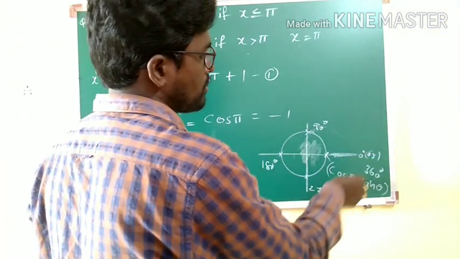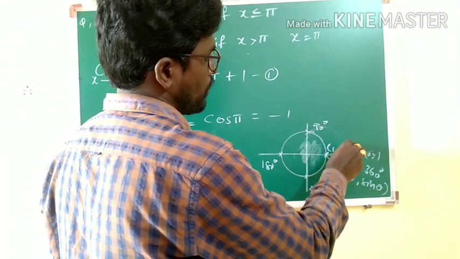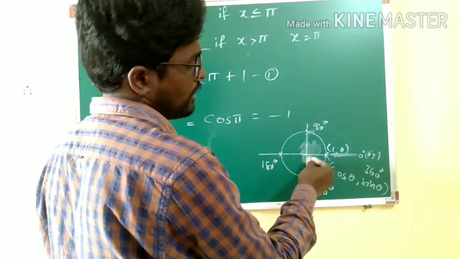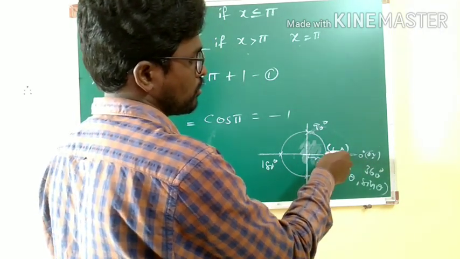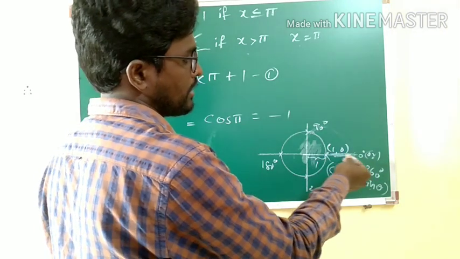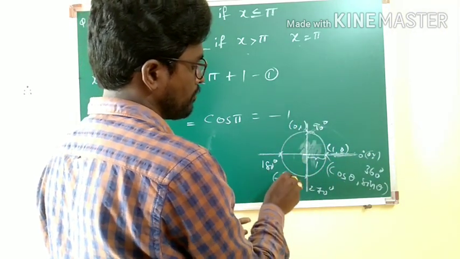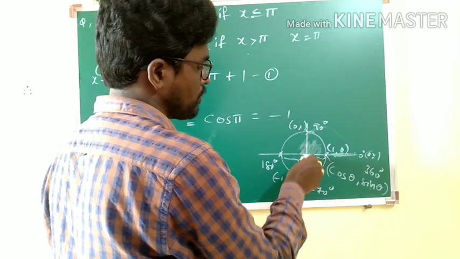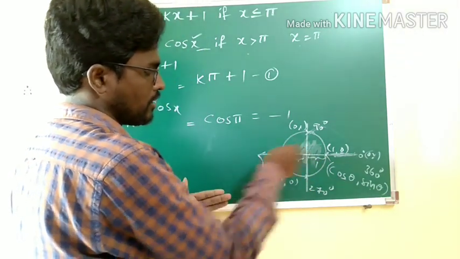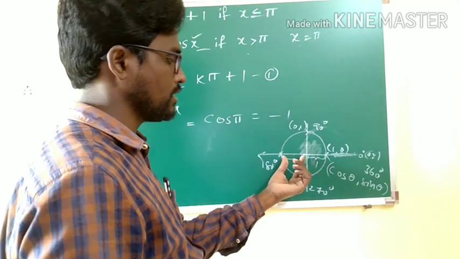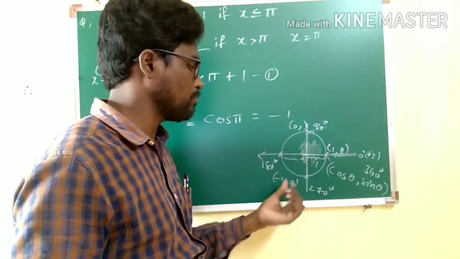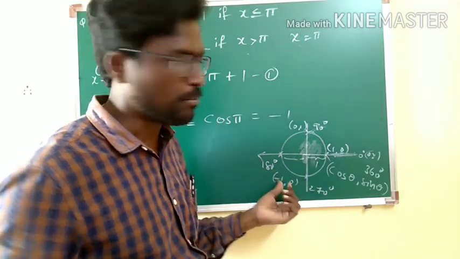Okay, just put cos 0 and sin 0. Here the coordinates are 1 comma 0. Unit circle, no, as it is a unit circle, the radius is 1, so it is of 1 unit. Since it is on the x-axis, the y coordinate will be 0. This will be 0 comma 1. This will be minus 1 comma 0. Why is it minus 1 comma 0? It is the negative direction of the x-axis, so the radius, anyway it is mod 1, but in terms of coordinates we'll write minus 1.